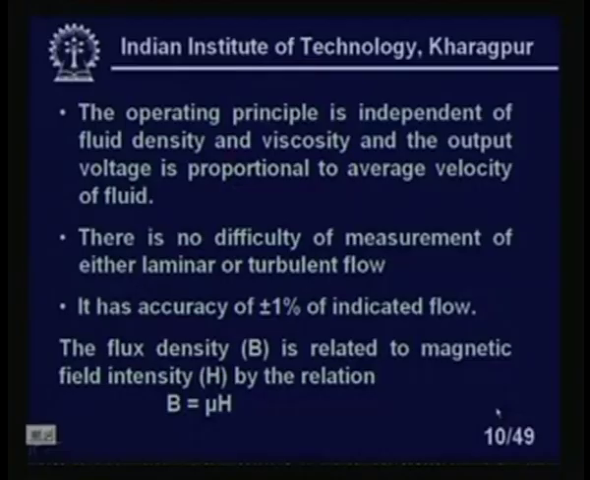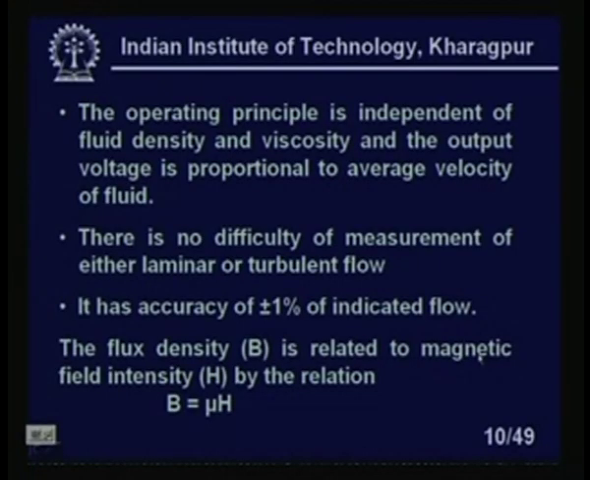Now what I said some time back, that whether for the same velocity I will get the same value of the voltage for different liquids? No, that is not correct. Why? It will be clear now. You see, the flux density B is related to the field intensity H by the relation B equal to mu H, right, where